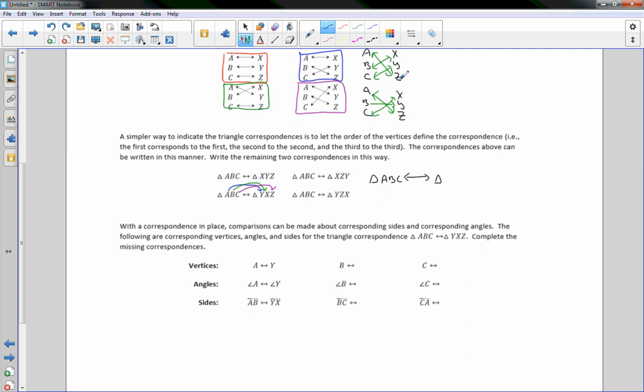So this one here, A is going to Z. So I'm going to put Z first because A is first. Then we have a B, and B goes to X. So X comes next, and then finally C goes to Y. One more time, triangle A, B, C corresponds to triangle